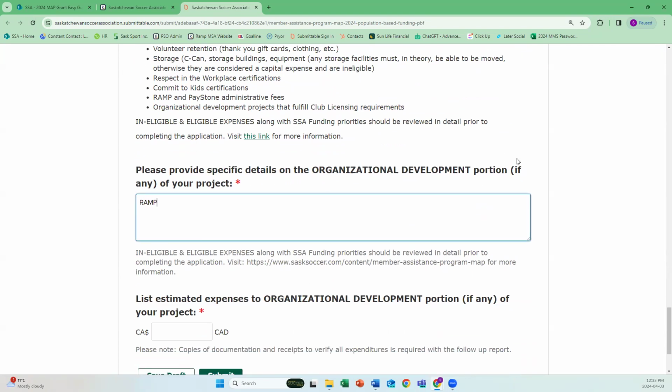And I'm going to go: ramp admin fees, computer upgrades, AGM and November membership, travel, I don't know, new chair. You could just say staff supplies, office supplies. You could be as vague, but you need to understand